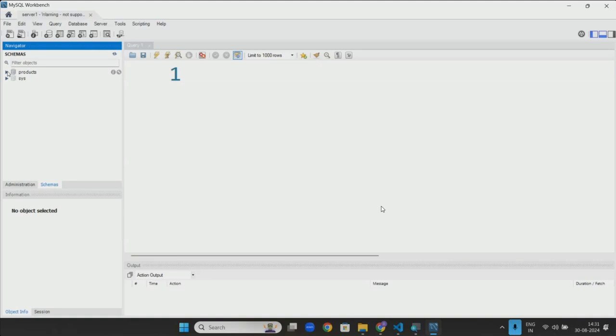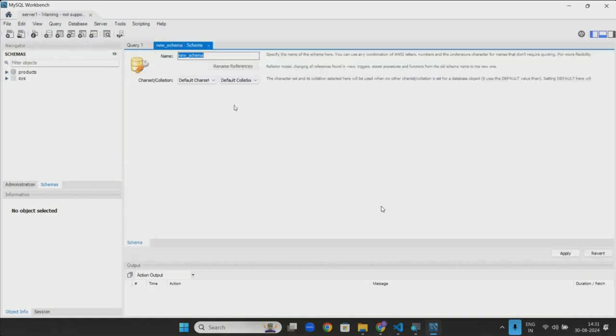Now, what is the advantage of using this MySQL Workbench? Workbench is a graphical user interface tool. That means if I want to delete a database or create a database, you would write one command. I think yesterday we all wrote one command to create a database: create database name. You don't need to do that here. If you just click on this, it will open. And if I write here the database name, movies,